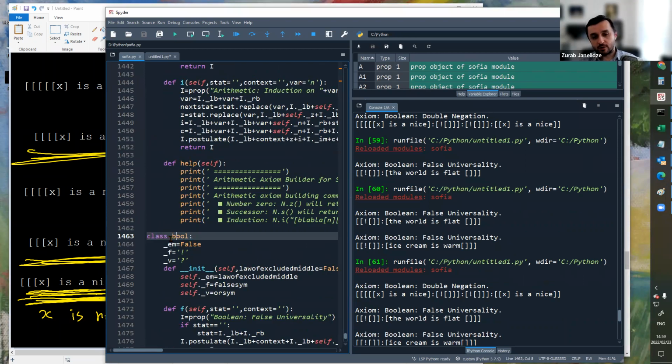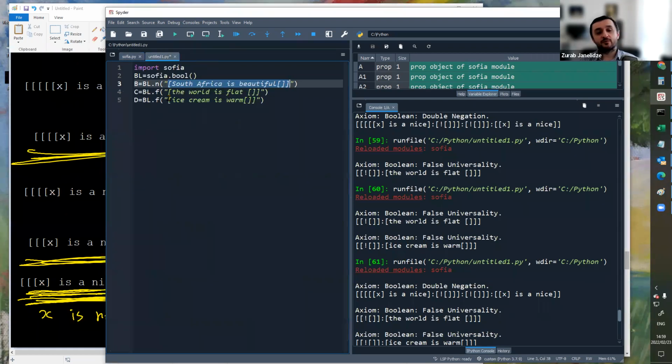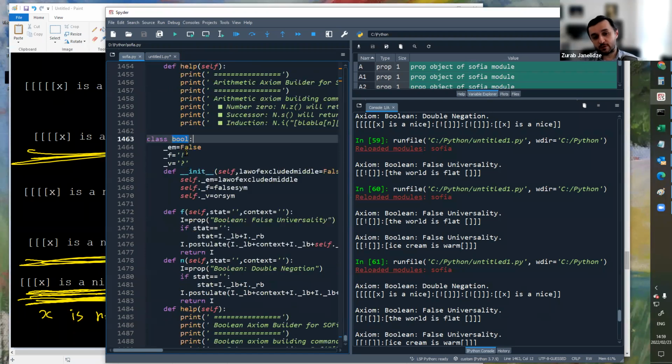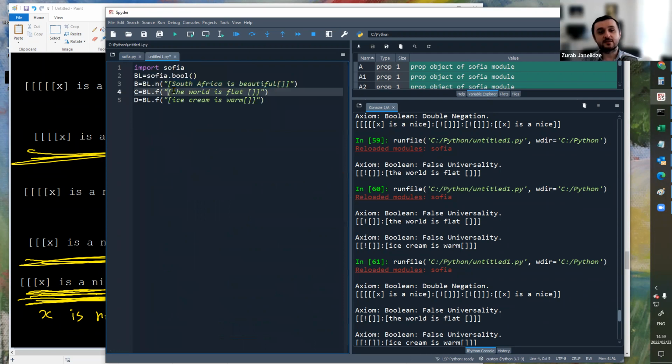It's called bool because bool stands for Boolean logic. These two axioms come from Boolean logic, if you know what Boolean logic is. I'm showing this to you in case you want to build your own axiom builders for various mathematical theories. Some mathematical theories require infinitely many axioms, in other words, parameterized axioms, and so you can achieve that by incorporating axiom builders. So you see, we never introduce this axiom using that proposition object anymore.